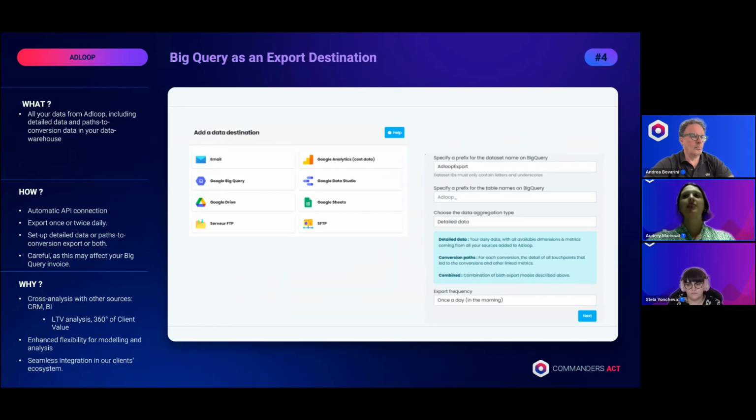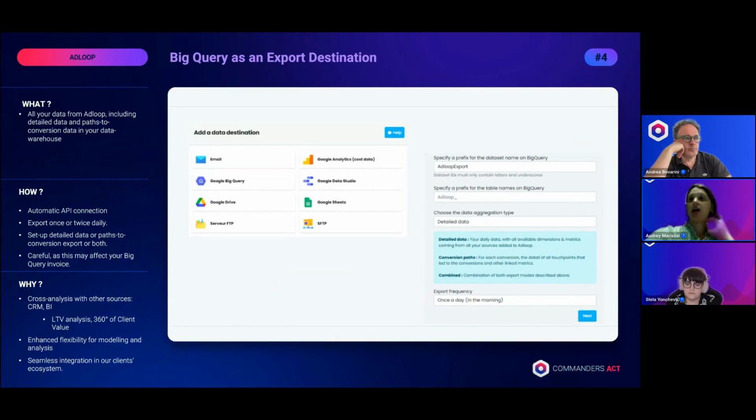And now it's possible, and it's a real game changer for those. In a few clicks now, you can configure BigQuery export directly in the Adloop interface. From there, you'll have direct access to all your Adloop data in your BigQuery tables. That includes first the detailed performance data by campaign, channel, source, and so on, as well as the full user journeys, touch points, and conversions.